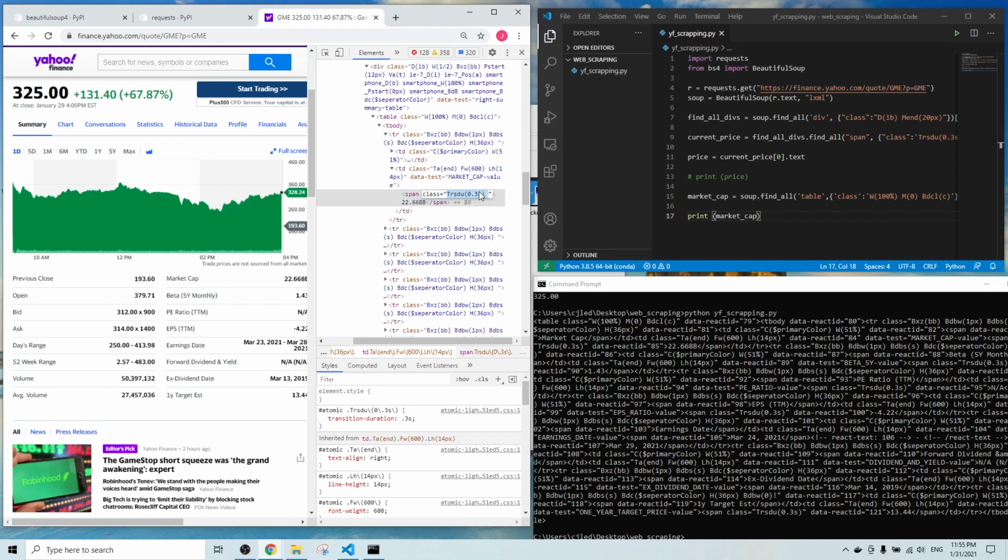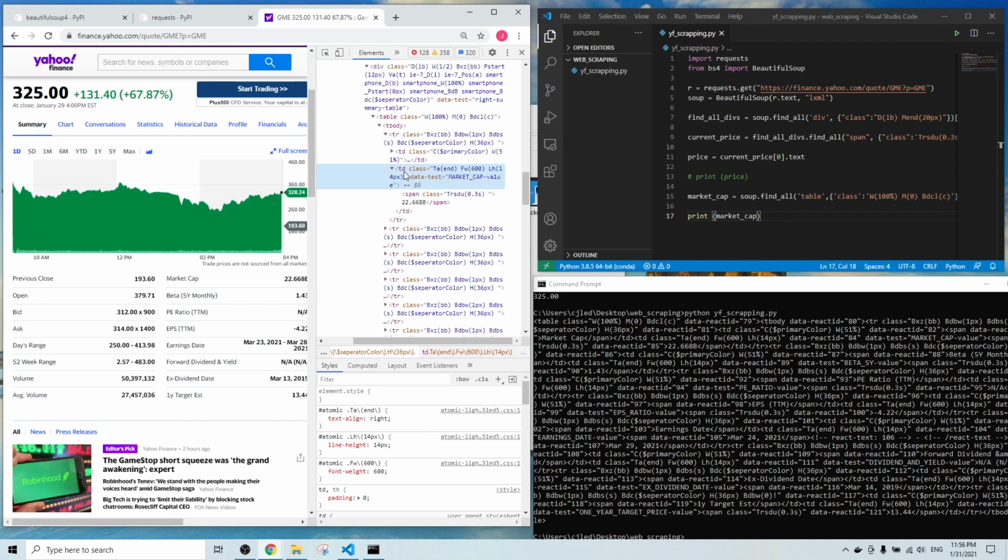Here, we need to note the class string that is marked in here may not be the unique one. So to be safe, we want to search this TD tag that contains the data test string result as market cap value. This seems unique in this page. We can use this data test as a key instead of using class as a searching key in here. Let's change this variable name to make it easier to read. Market cap